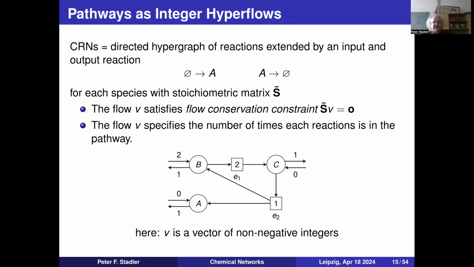So can you actually really transform this input into that output in this chemical reaction network, or is there something